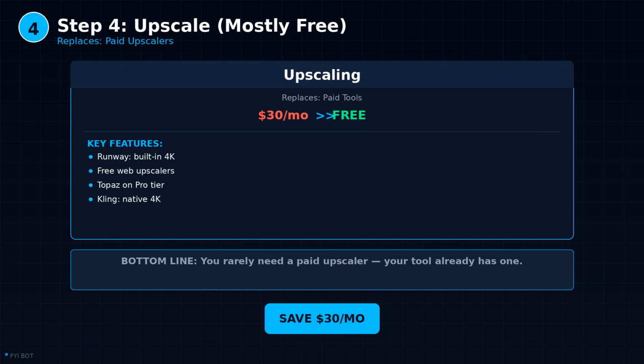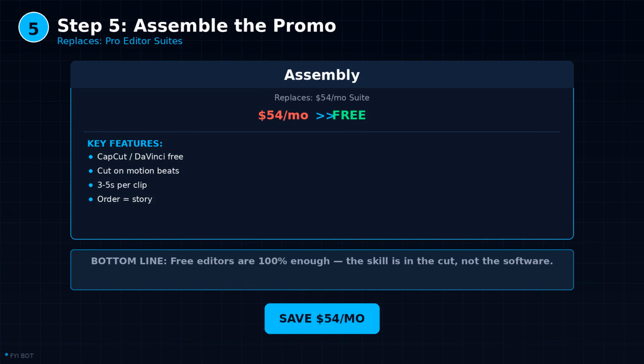With our winners now crisp, let's build something with them. Now the part everyone fears, the editing timeline. Fear not, you need exactly 1 skill and it's free software away. Grab CapCut or DaVinci Resolve, both free, both overkill for what we're doing. Import your upscaled winners, lay them on the timeline, and apply the one rule that makes AI compilations feel professional: